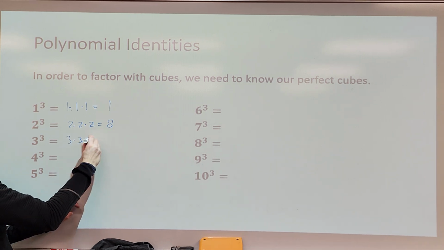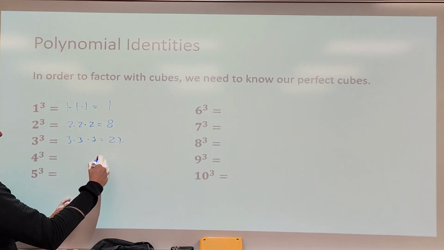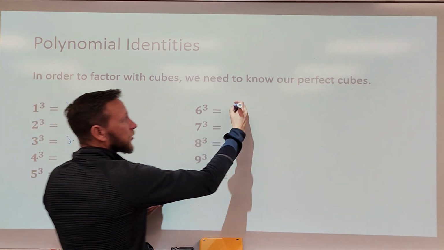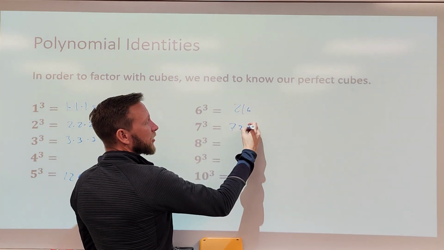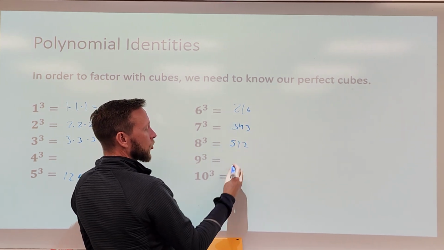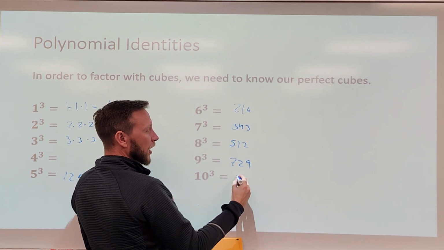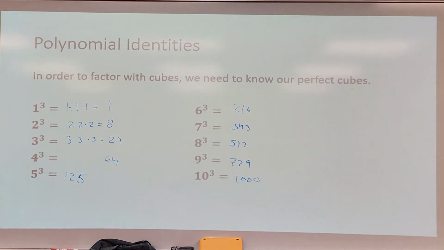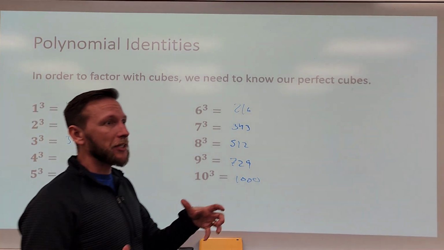3 times 3 makes 9. Times 3 more gives us 27. Gives us 64. Gives us 125. Gives us 216. Gives us 343. Gives us 512. Gives us 729. Gives us 1,000. These are our perfect cubes, and I want to make sure that this doesn't come off rude,